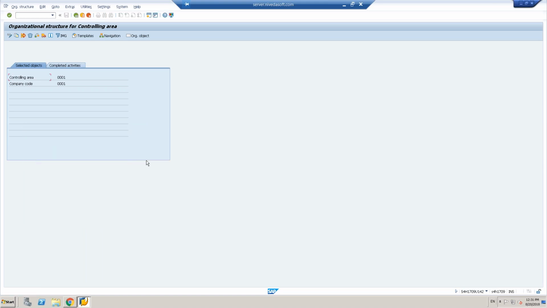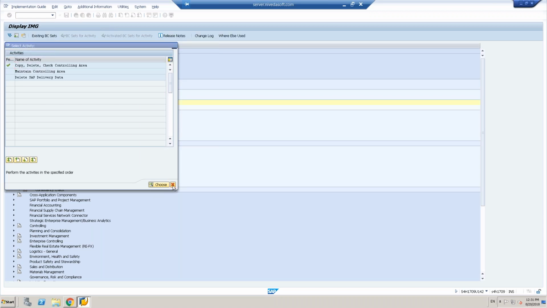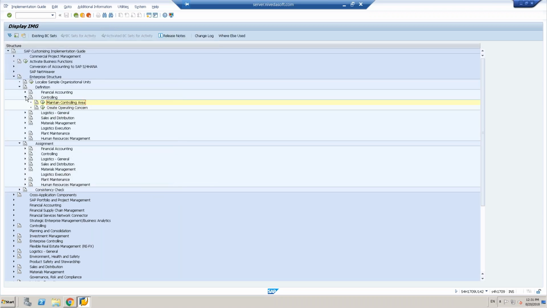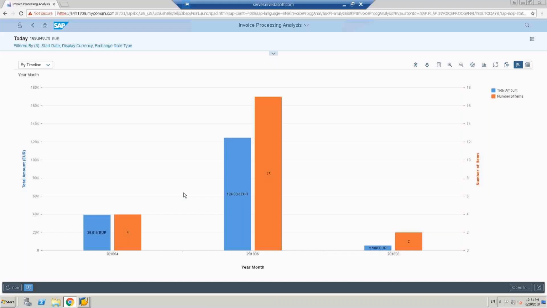No worries, we can stop this one today. Here we will not be able to progress further unless we create a controlling area on the controlling side. So I'll keep that as a pending one, but I'll work on this today so that I'll show you that tomorrow again. But coming to the other objects,